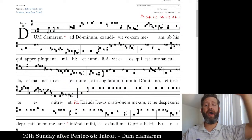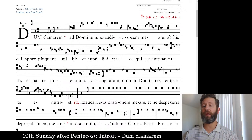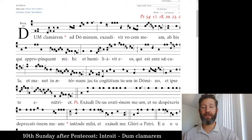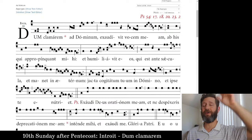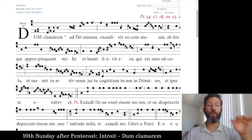secula et manet in aeternum. Iacta cogitatum tuum in domino. Love that phrase. So that's amazing. I love the cogitatum tuum in domino. Let's try that again. Iacta cogitatum tuum in